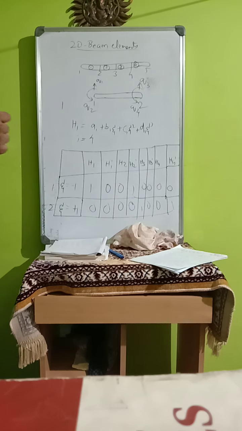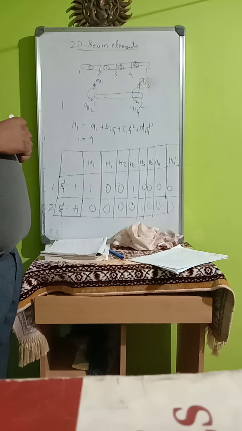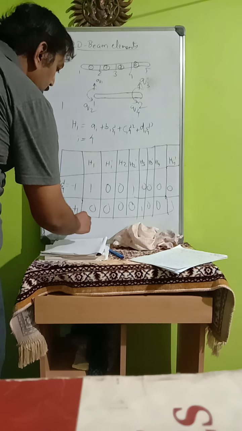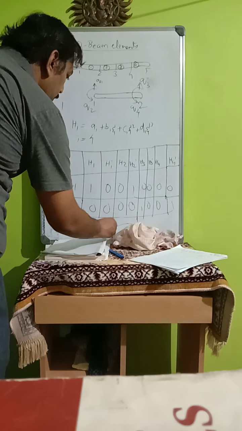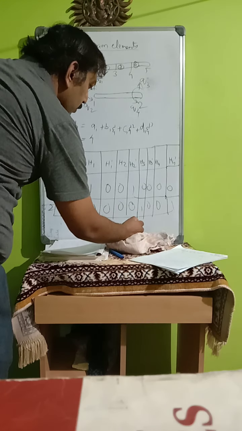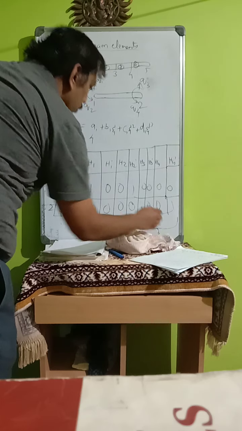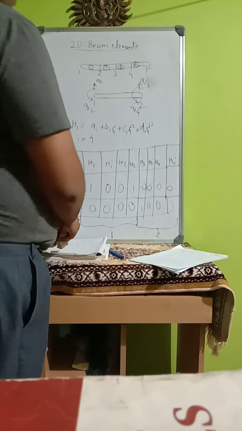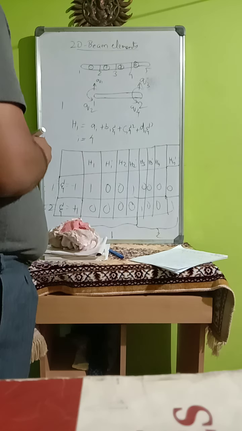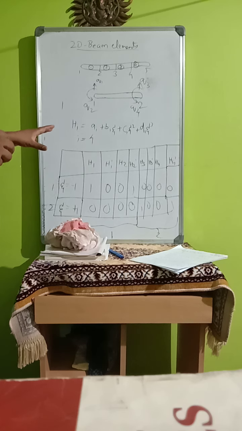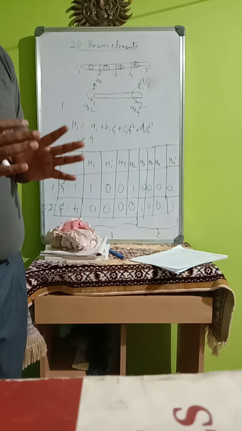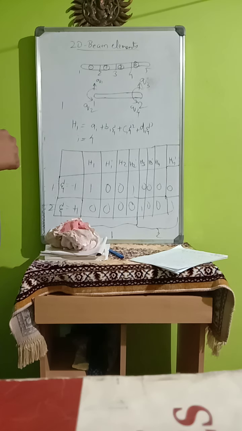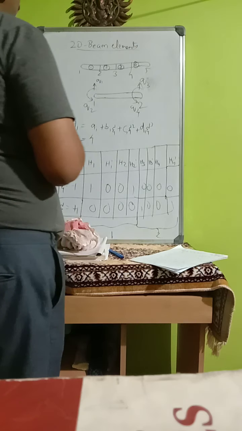So like this we can have the boundary condition table for node number 1 and node number 2. This is how a single beam element will have this particular boundary condition. Further proceeding with the problem,